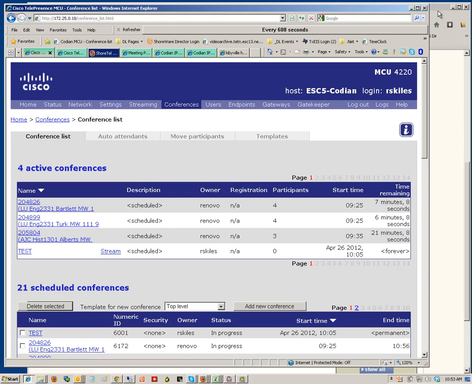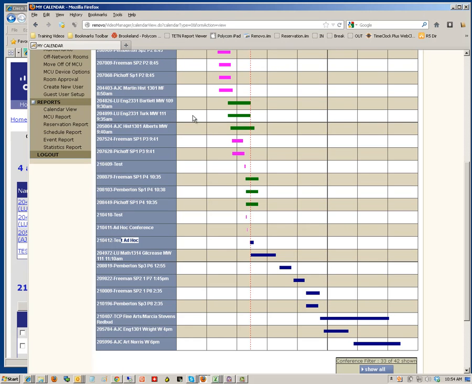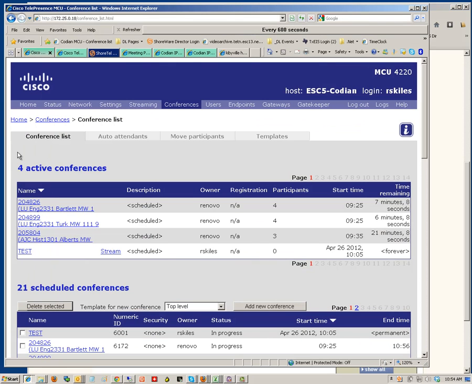And I keep the Renovo Video Manager in Firefox. It just helps me keep things sorted out. And if Firefox crashes, I don't have to log back into everything. I can just pop over to my MCU and it's fine. And I can just let Firefox reload itself